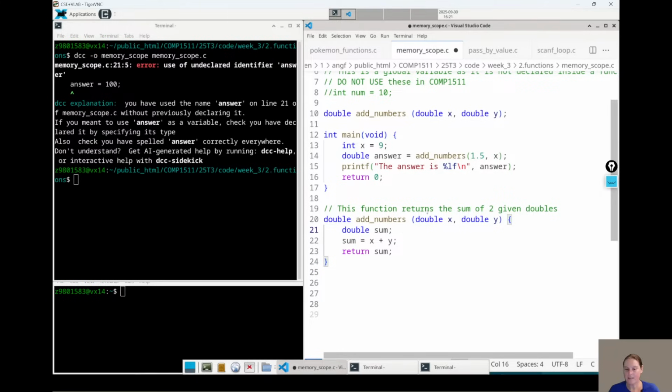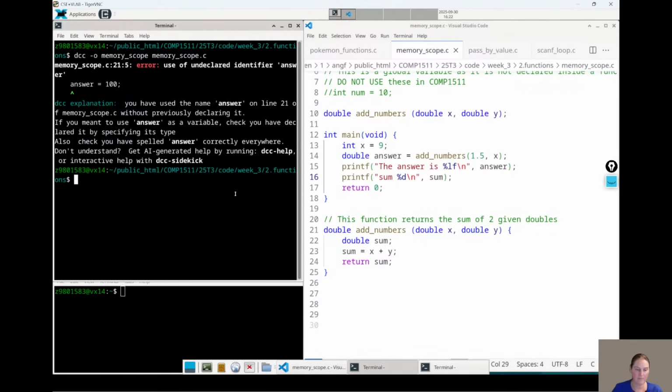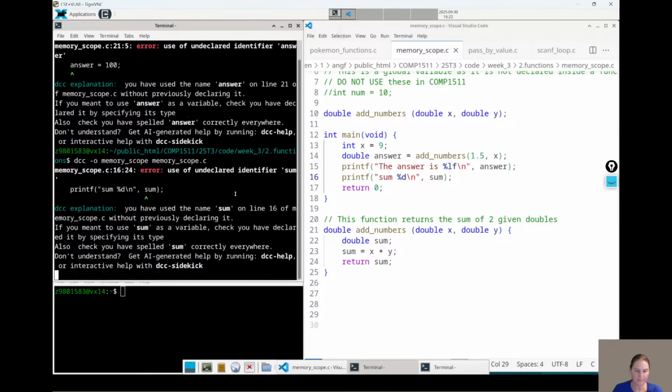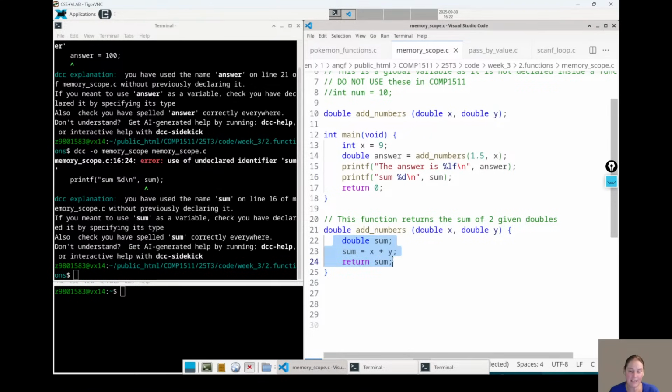All right, so can we access the sum variable up in the main function? No. So if I try and access sum and print it out or do anything with it really, it's going to say use of undeclared identifier sum. And that's because sum was declared down in add numbers. Okay, hopefully that's clear.